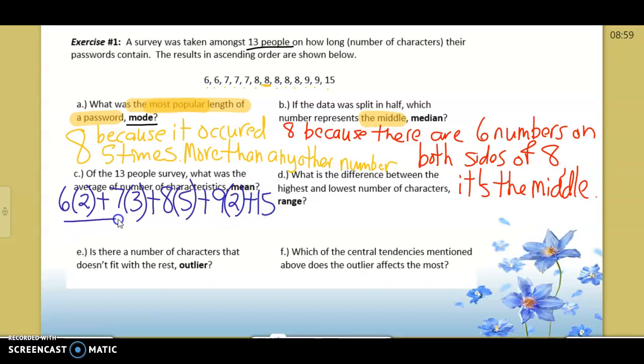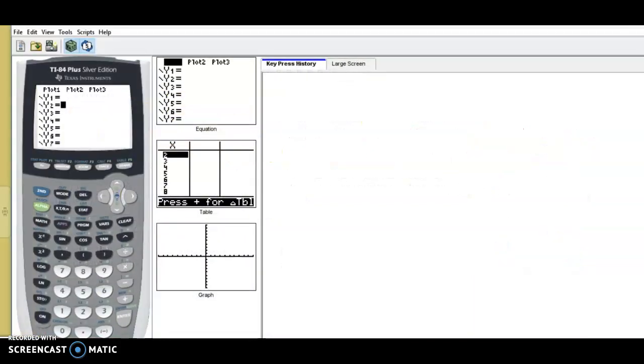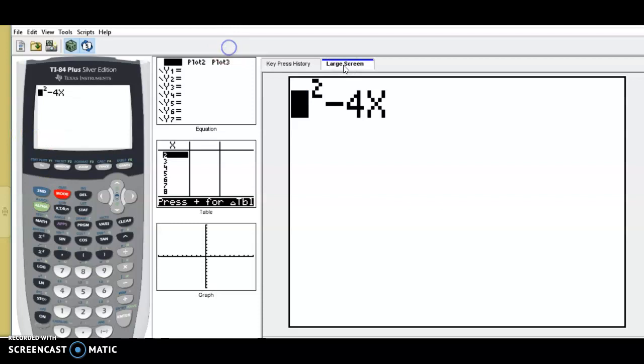We have to divide this all by the number of people that we had, the number of passwords, which again from the beginning was 13, and that's why that was so important to know. Go ahead and type this into the calculator just as you see it. So it's going to be, and it looks like I had some junk on my calculator from before, 6 times 2